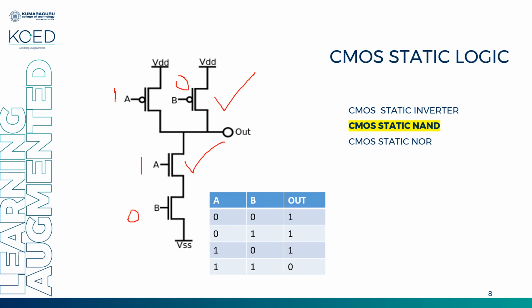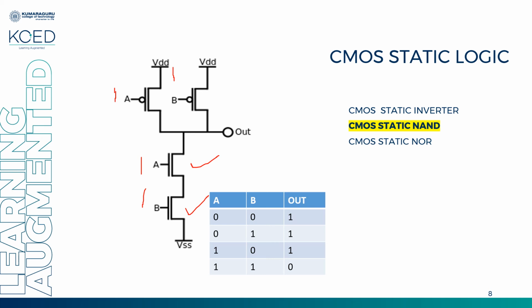Okay, so finally, what happens when both are 1? So if both are 1, obviously both the PMOS will remain in off condition, both the NMOS will remain in on condition. Whatever nodal voltage present at this node is moving to ground. One of the basic things you must remember is, whenever I want to design A dot B, AB is not possible, AB bar is possible in case of complementary MOS static logic design.